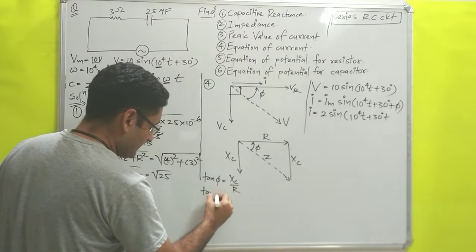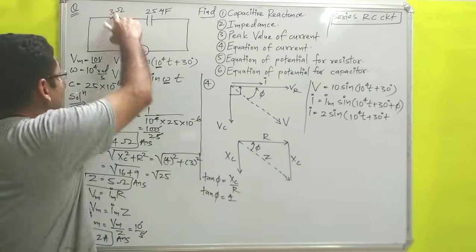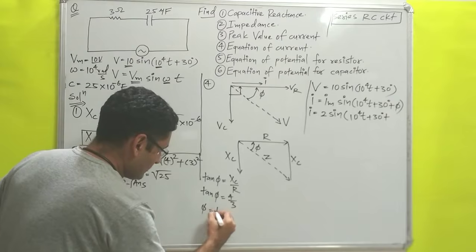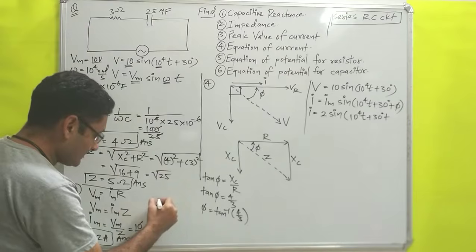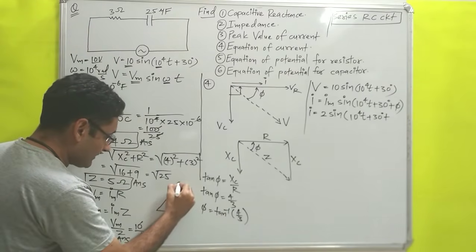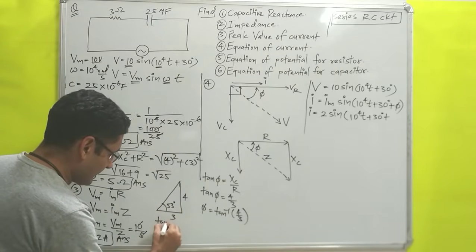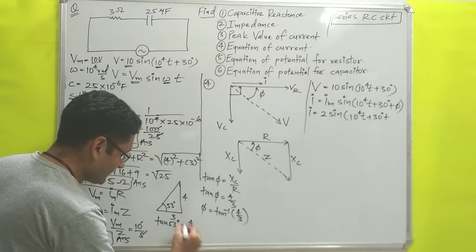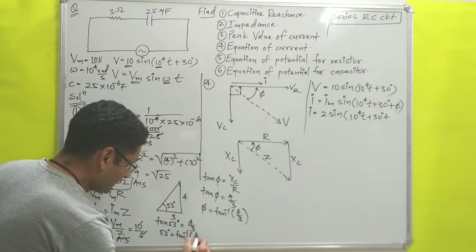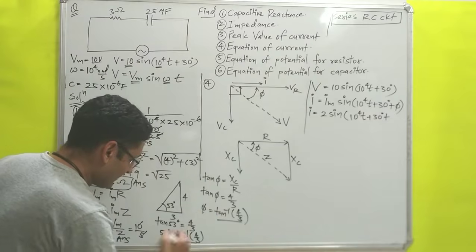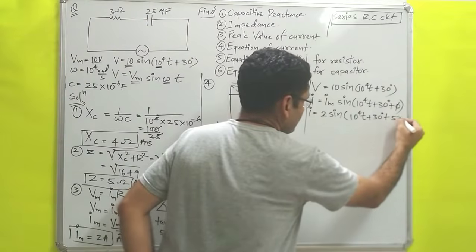Now tan phi is equals to, Xc is how much? Xc we have calculated 4 ohms, and R is how much? R is 3. So phi is equals to tan inverse 4 by 3, and tan inverse 4 by 3 triangle is very much famous, which you have maybe remembered, that is your 4, that is your 3, and that degree is how much? 53 degree. So you can say that tan 53 degree is equals to 4 by 3, perpendicular by base. So 53 degree is equals to tan inverse of 4 by 3. So tan inverse of 4 by 3 value is phi, and phi is 53 degree. So we will insert over here 53 degree.